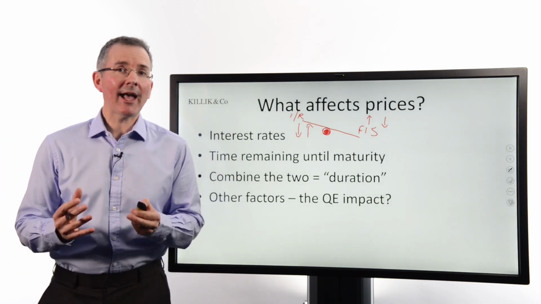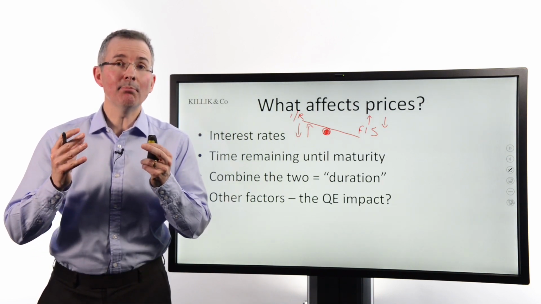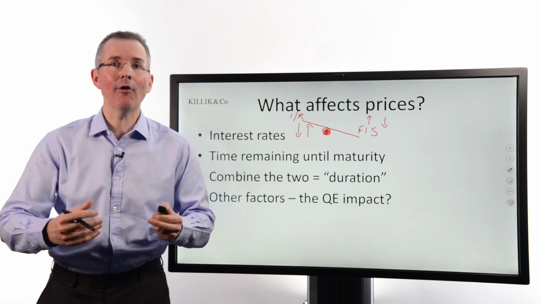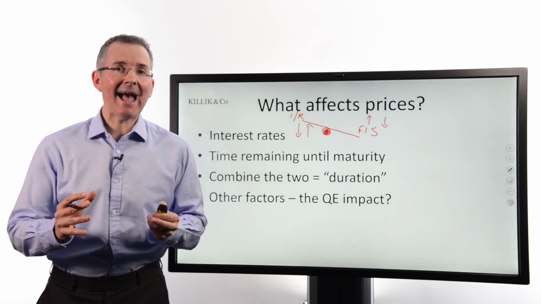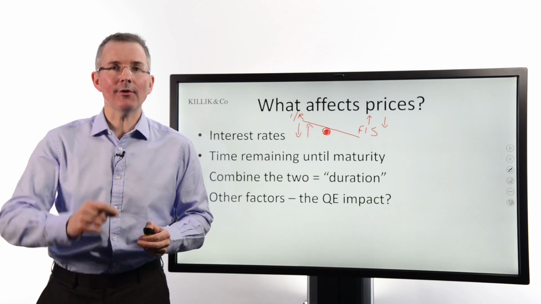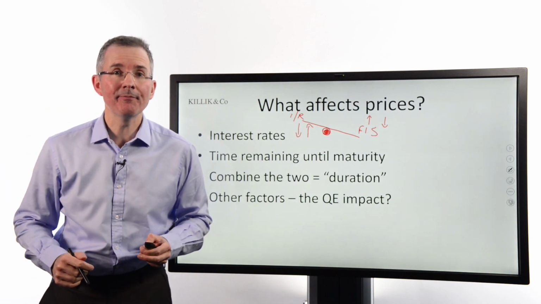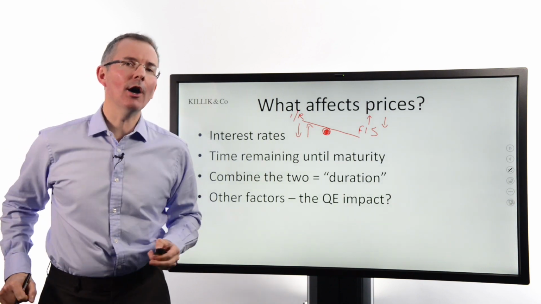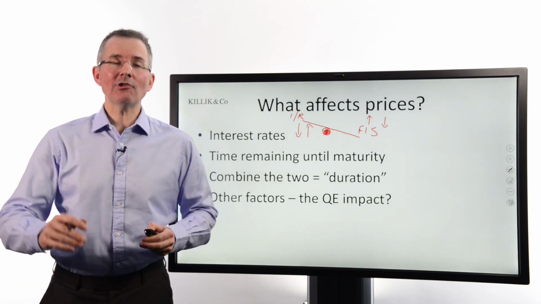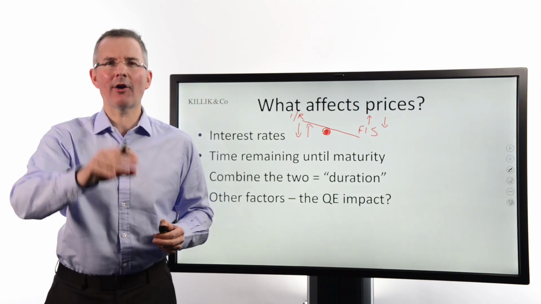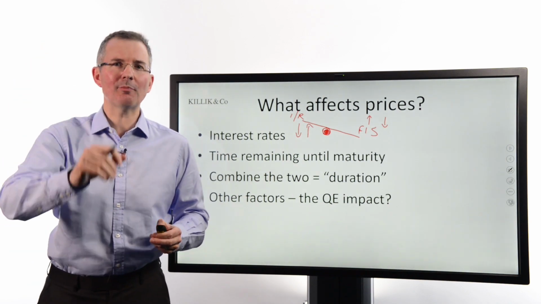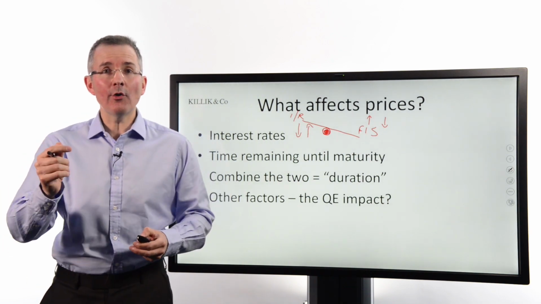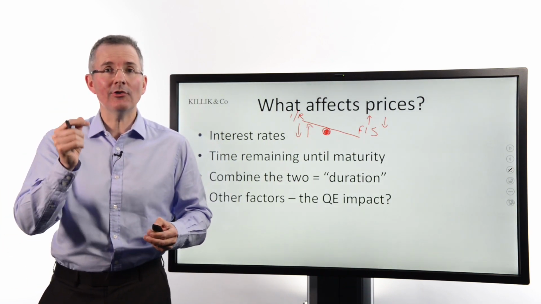Next factor that's important is how long I've got until the bond or fixed income security is redeemed or matures. In other words, it's bought back or paid off by the issuer. Essentially, that influences how sensitive to a change in interest rate the bond will be. And the reason for that is basically this. If a bond has 30 years to go until it's bought back, I'm not going to worry about that event. It's too far away. The fact it's going to be worth exactly its £100 nominal value back then doesn't worry me. 30 years is way away. So the bond will be quite sensitive to changes in interest rates.